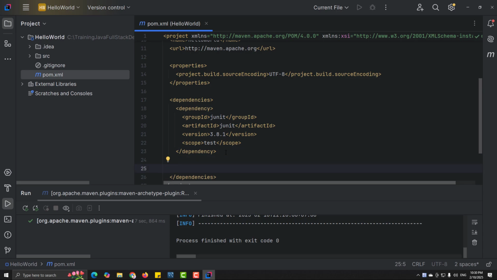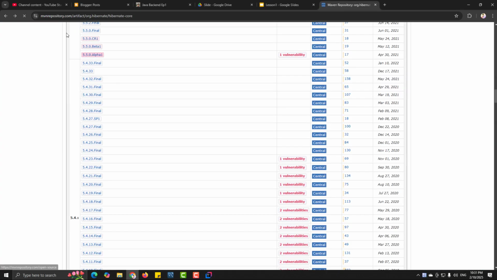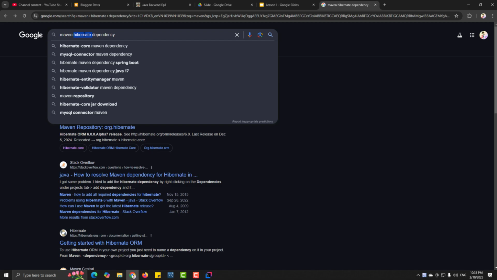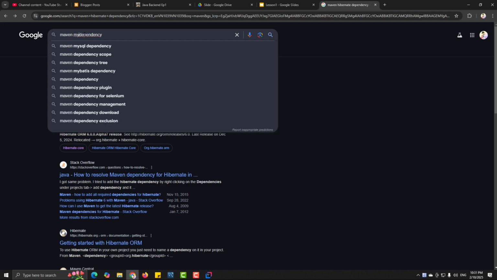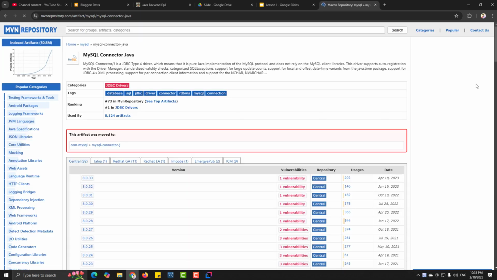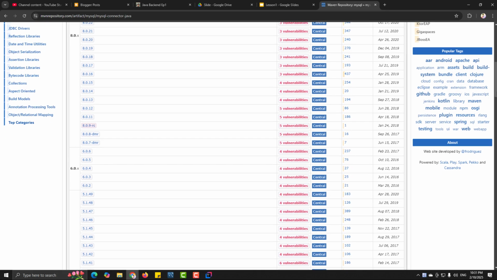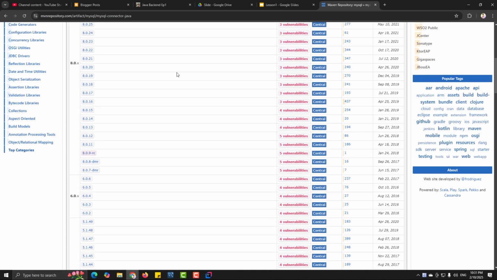Just create a new line inside the dependency tag and pass it in here. And we also need another library named MySQL. So we just go back and change the name from Hibernate to MySQL, and click on the Maven repository. And for MySQL, I will choose the version 8.0.20,